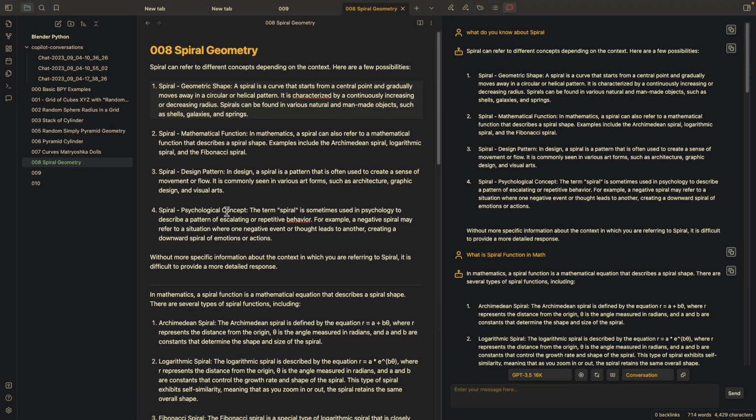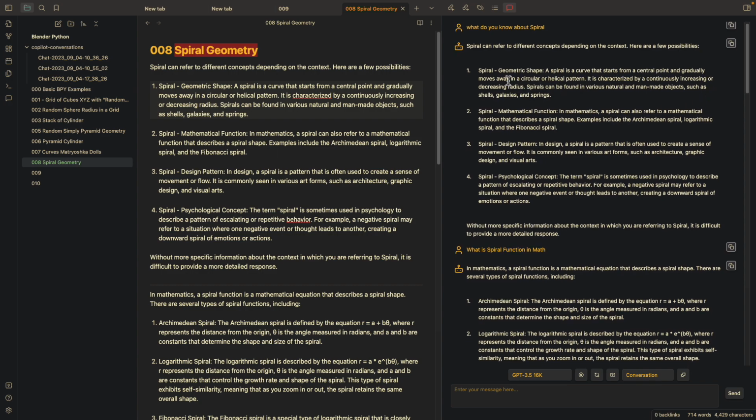And of course, we can also ask AI, what do you know about spiral? This is gonna be one of the chapters in the book that I probably am never gonna finish. But anyway, one of the chapters should talk about spiral geometry because it's interesting. It's basic and simple, but you're gonna learn to explore spiral. So, geometric shape,